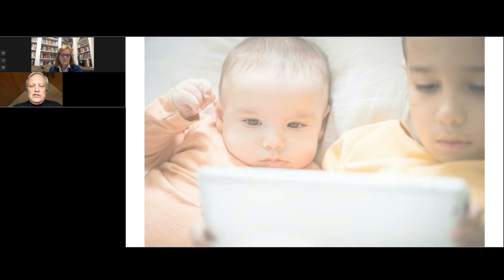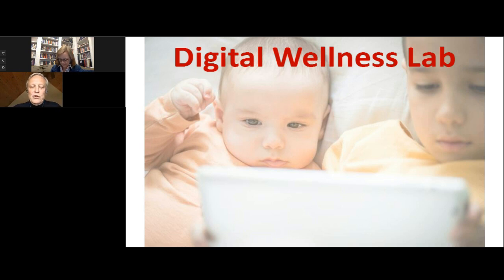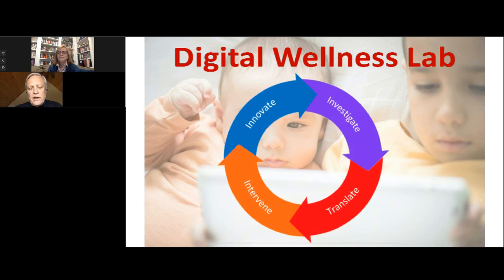So how do we solve this issue where these kids are in front of screens from day one? I wanted to introduce all of you and actually welcome you, encourage you to join us in what we're calling the Digital Wellness Lab, which is loosely built on the idea of the MIT Media Lab in terms of bringing together all the stakeholders that are involved in this online space to investigate, do solid research, to translate that research into practical action steps for parents, for educators, for professionals, for media producers, and for tech developers, to have the resources to intervene when there are problems like PIMU, problematic interactive media use,